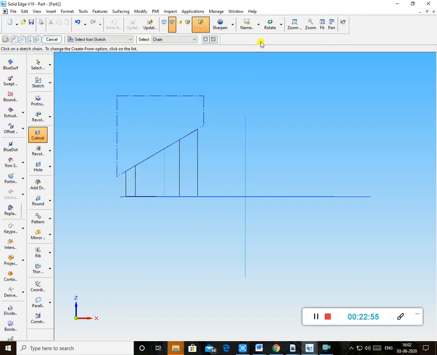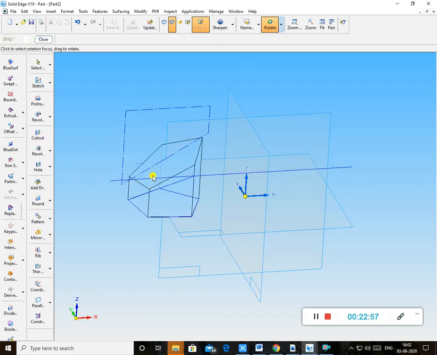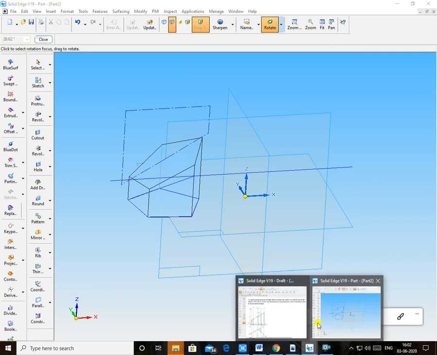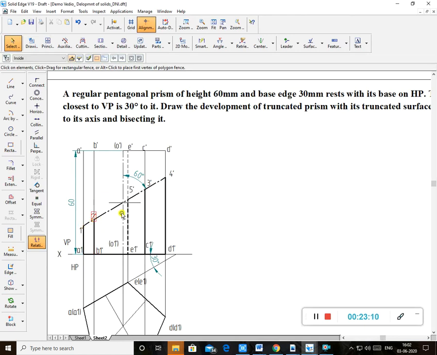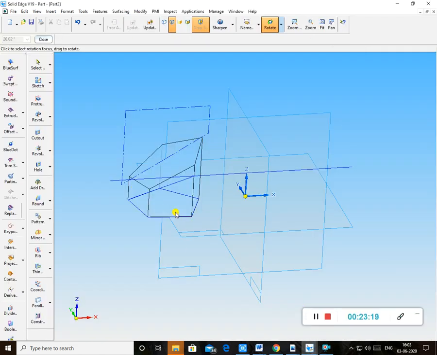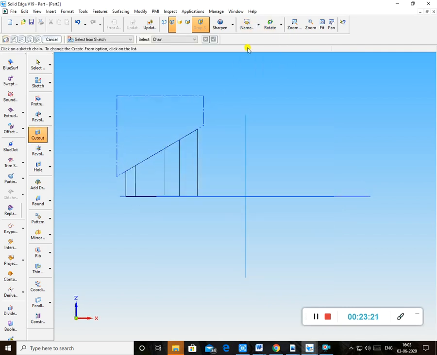1, 2. So I'll show it in isometric 3D now. Now see here. 1, 2, 3, okay, 4 and 5. Correct? How many cut points do you get here? Same thing here. 1, 2, 3, 4 and 5. It is not an exact drawing, but it is exactly the shape you get in this way. So 1, 2, 3, 4 and 5. 5 comes here. 1 here, 2 here, 3 here, 4 here, 5 comes here. Correct? So this is the shape you get.